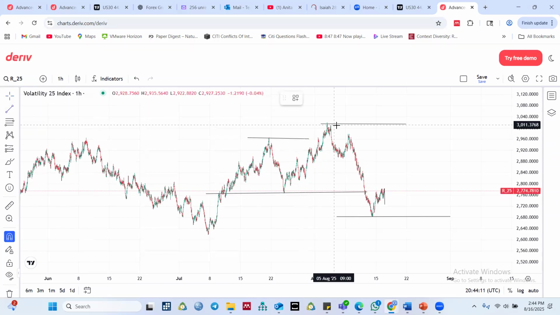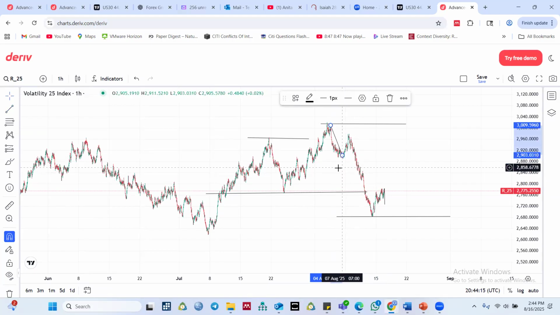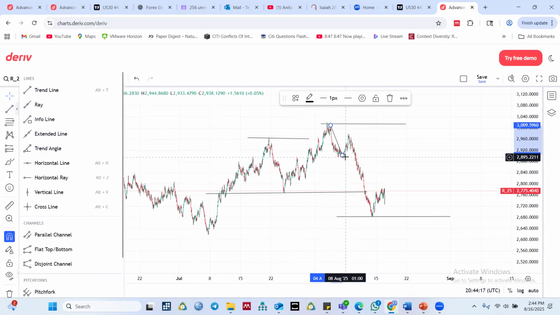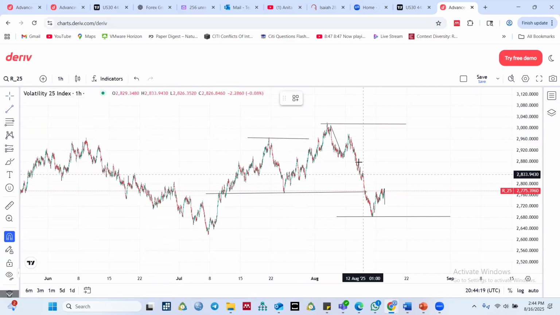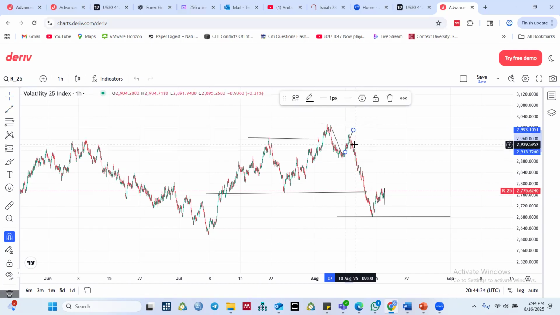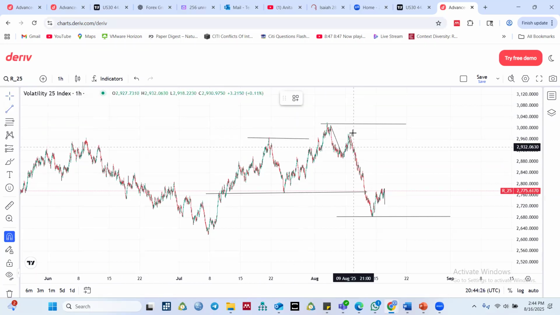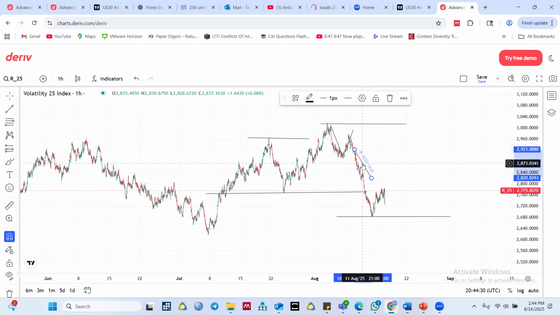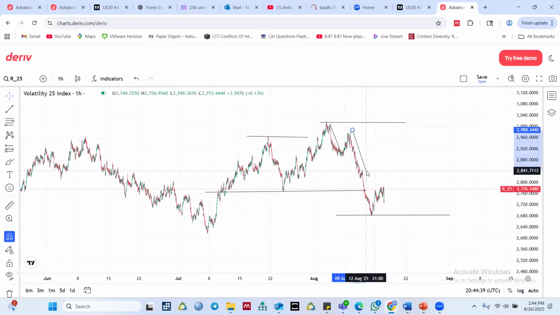So once market drops, we hit here, and then we go up, but we failed to get a new high. And market drops into this area. Market drops into this area. So once we broke this low,